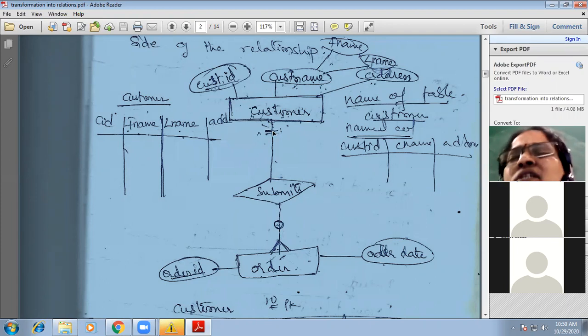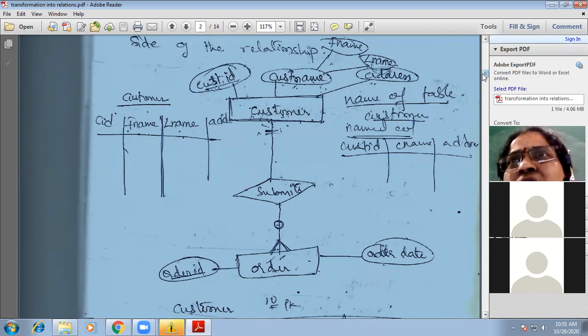A customer can submit zero, one or more orders. So this is the relationship between the customer and order. Now we need to change this diagram into tables.